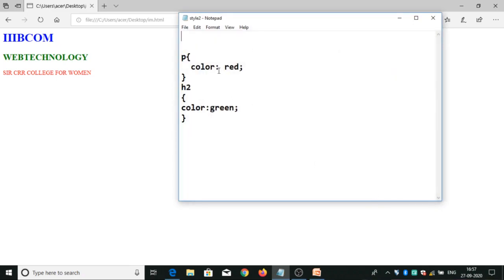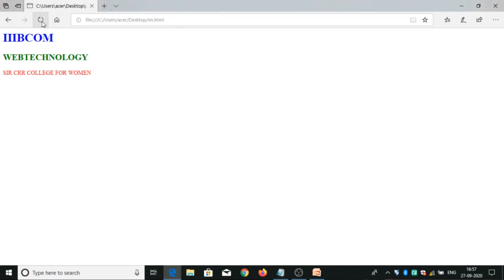Yes, paragraph color red and h2 color green. I am changing the h2 color to yellow, saving. Now this import will reflect on style1. Let's see the output for this.